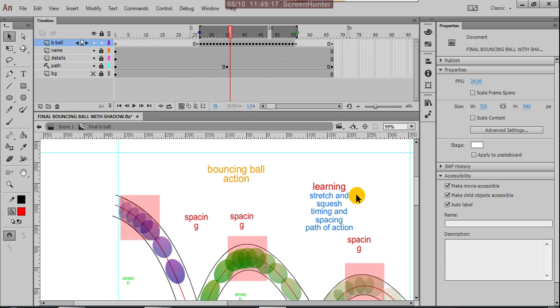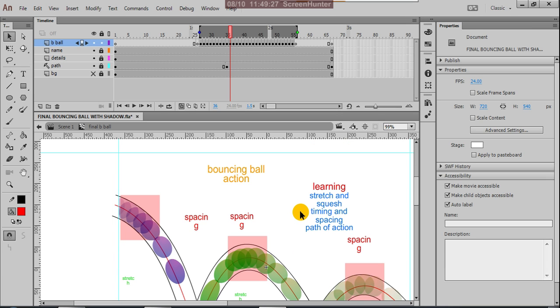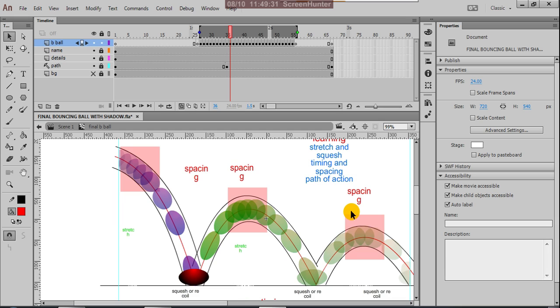And here, timing and spacing. I already explained the path of action. This is the path; the lines show the ball moving in a particular path. And here if you observe, what are timing and spacing? This is very, very important in animation.